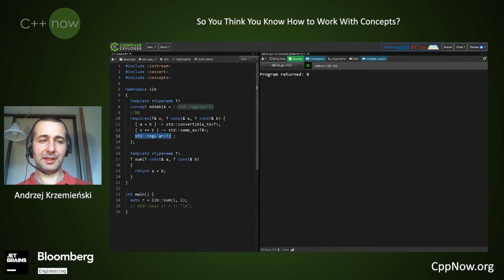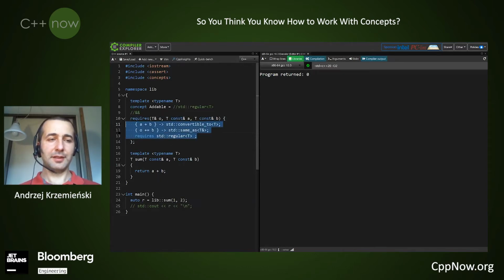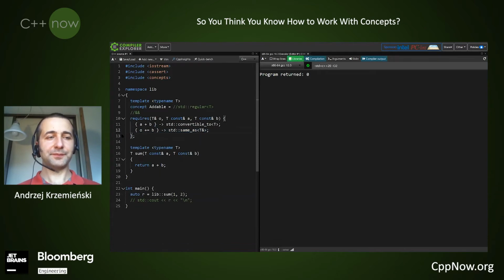If I want to also check if this predicate regular returns true, I would have to type requires. So there's a new category of bugs that we can plant when specifying the requirements on our types.